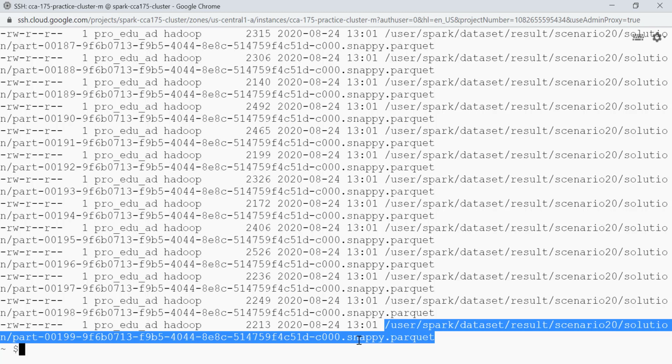So we are done. So in this lecture we have learned how to read CSV data as a data frame in Spark. Then we have learned how to apply join operation on top of multiple data frames. We have learned how to apply group by functions and the group by clause. And then finally we have saved the data in HDFS in Parquet format using snappy compression.